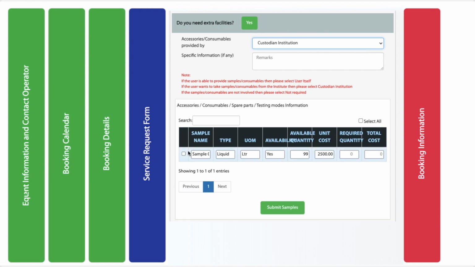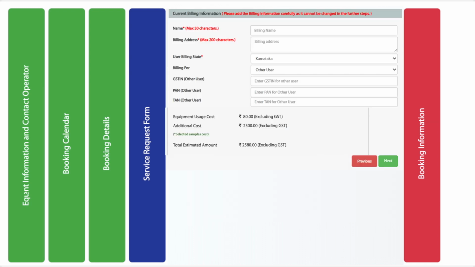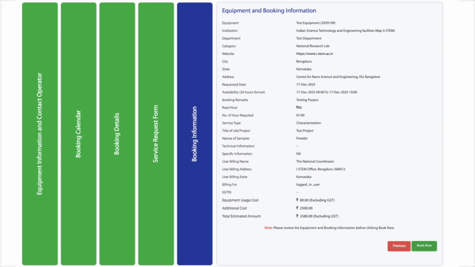If you select custodian institutions, then select Sample from Table and click Submit Samples button. Enter the current billing information carefully as it cannot be changed later. Click Next to continue. Review the equipment and booking information section and then click Book Now.